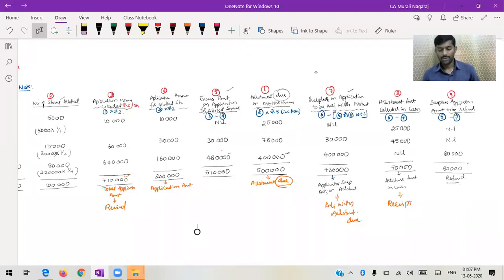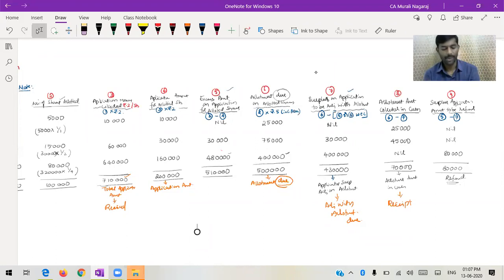Now next, to share capital account. Under that, show the working: 1 lakh shares into 3 rupees. That is 2 rupees on application, and out of 5 rupees on allotment, 4 rupees is premium. Therefore, 1 rupee is for capital. So that 1 rupee I have taken towards face value. Therefore it is 3 rupees, so 3 lakh is the amount.